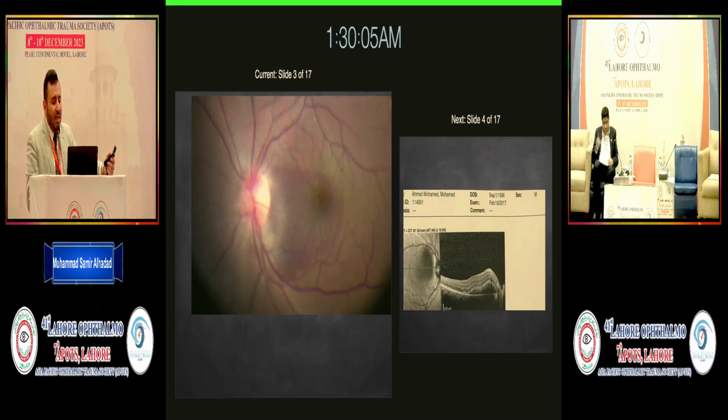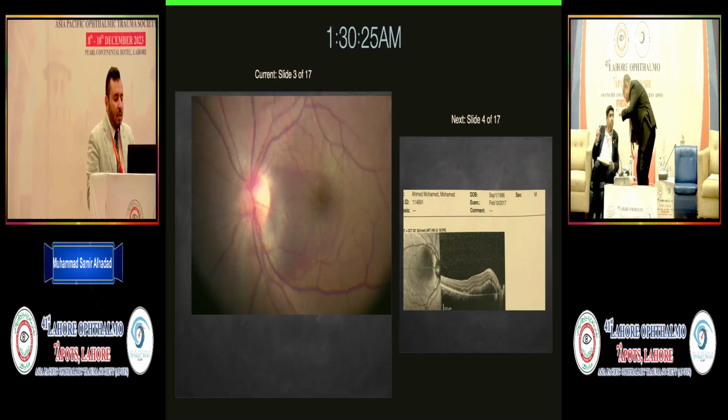So it takes about 2 weeks to 3 weeks, and the patient is a worker and he's in very good need for vision. So he needs to solve this problem. How to solve the problem? He had taken some sort of medical treatment with no improvement. So I decided to make